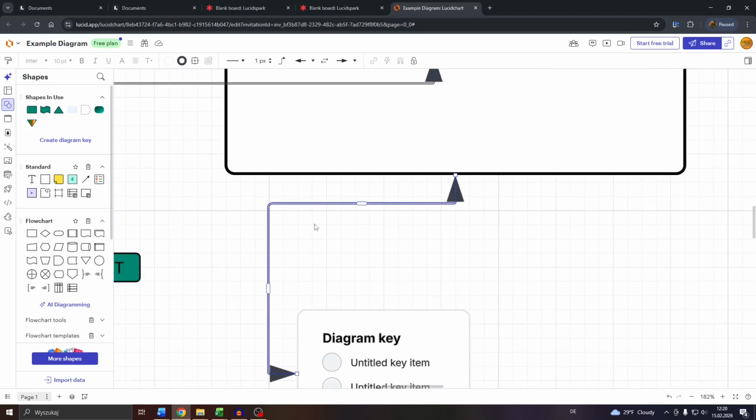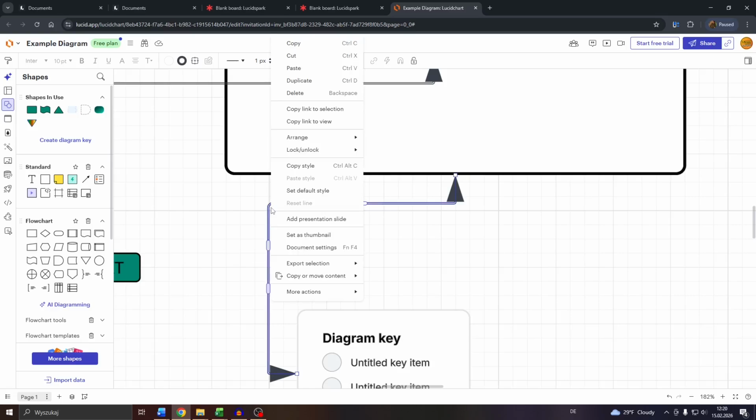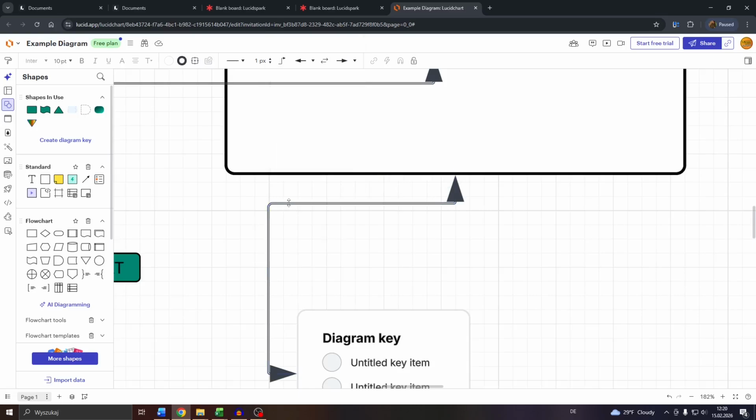Now if you'd like to customize the line, right click into it and you may go, for example, through these options here. You may lock or unlock the given line. You may arrange the position like send to back. Now if you'd like to customize, for example, the endpoints, you may left click into the line, and here at